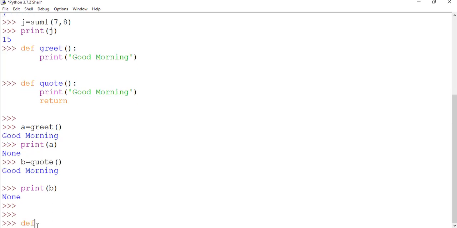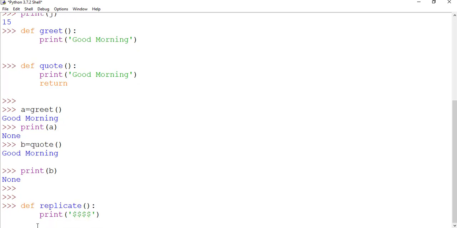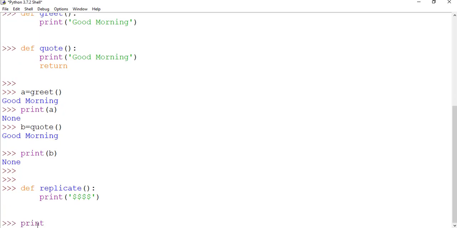Let us look at some more examples. Okay, so what do you think will be the output of this print statement? What happens when we call this function? The control will be transferred to that function.